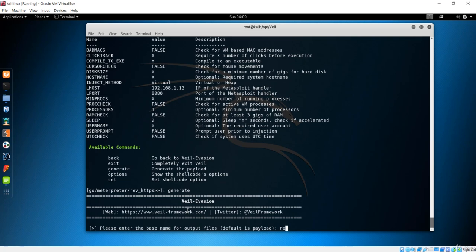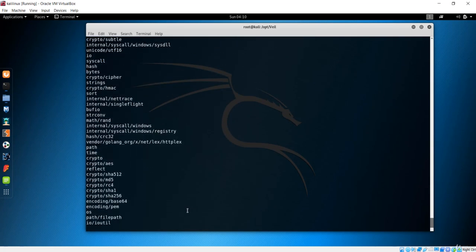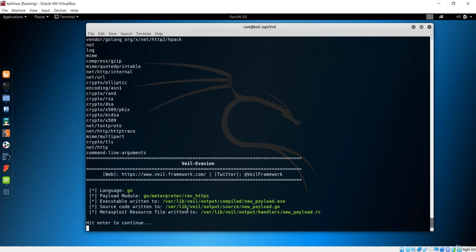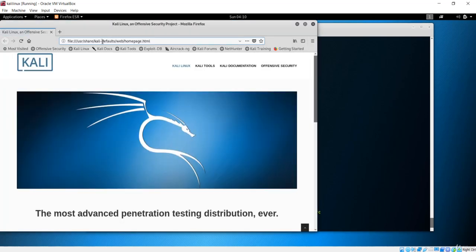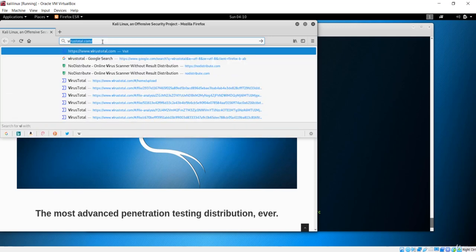Now I'll name this new payload, and let's hit enter. This is going to encode everything and create the payload, and you can see it is this new payload.exe. Let's open Firefox again and navigate to VirusTotal.